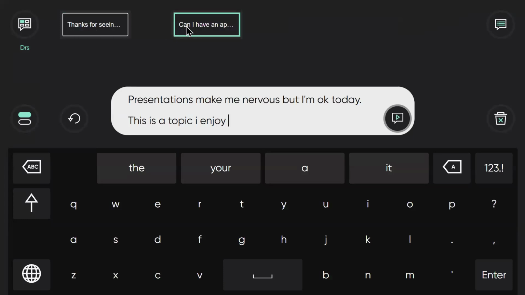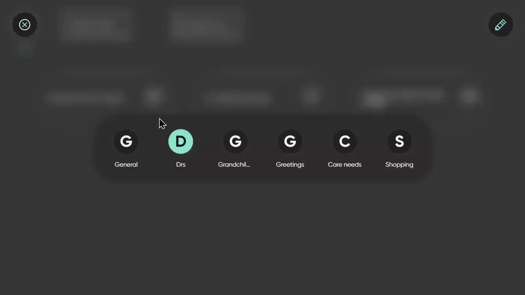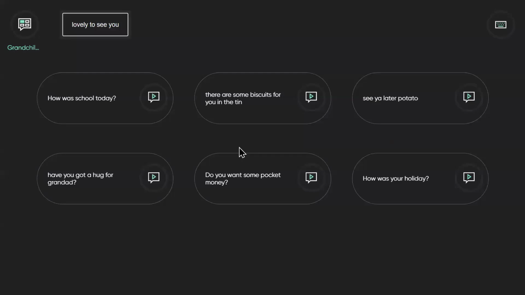Can I have an appointment with the doctor? So that's the four one-hit messages that are above my keyboard. But if I go into the category itself now with the button on the right-hand side, it is affecting my sleep. These new tablets are really helping. And then it could be that I've got the grandkids visiting, and I can go to my grandkids topic,